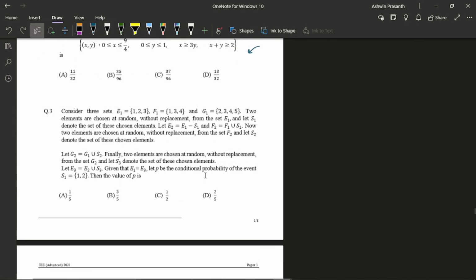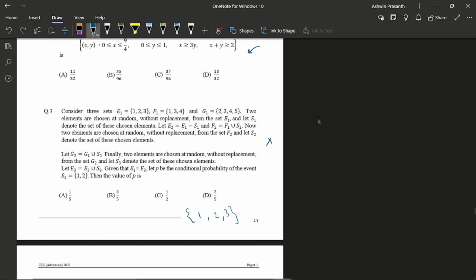Then this was the next question. This was too lengthy when I saw it first. I tried writing all the cases, different possibilities, but then it was going too lengthy, so I decided to leave it for round two. This is one thing you should do, that even if the question is lengthy, you should try reading it once and understand the scenario. Even then, if you feel like it will go lengthy, then leave it.